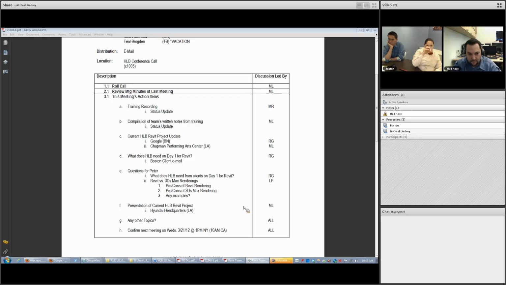Okay, and I had mentioned to Lindsay when she brought this up to me, I think it's a good opening question for him. We likely would need to follow up either the following week or whenever about any examples he may have, but perhaps he would have something off the cuff that he can update us with in terms of Revit versus 3ds Max. So I think that's good. Were there any other questions that people had for tomorrow's call with Peter?